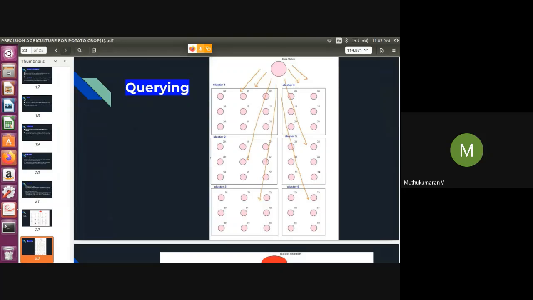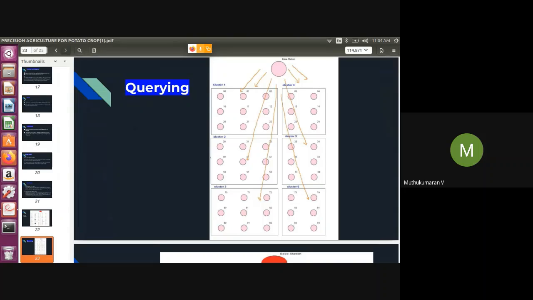The user has to send the query 2 times at an interval of 10 seconds so as to ensure it is received by the network. Whichever cluster's nodes the query belongs to will send the sensed data to the respective cluster heads. Those cluster heads will in turn send it to the further cluster heads near the base station until it reaches the base station by forming a multi-hop path.